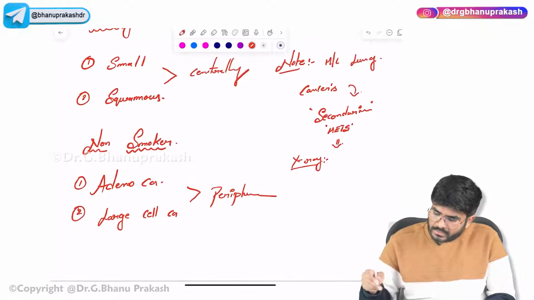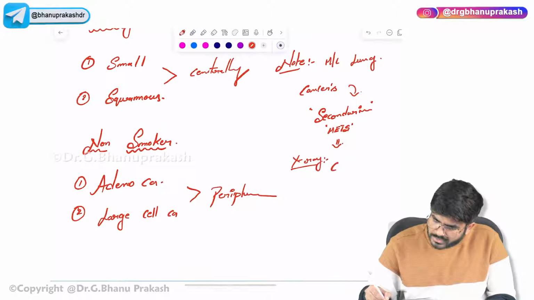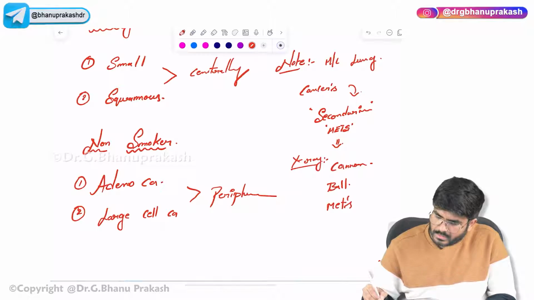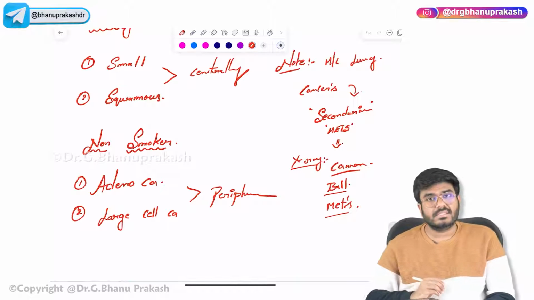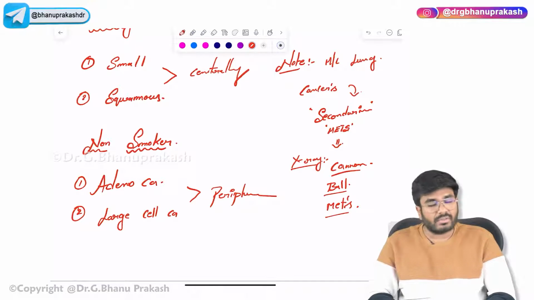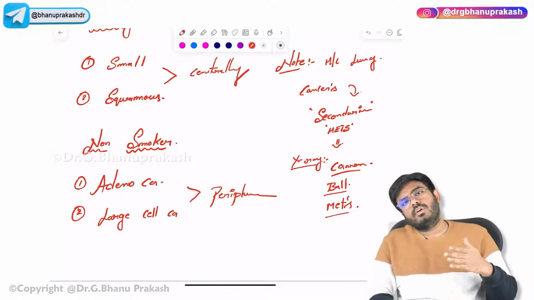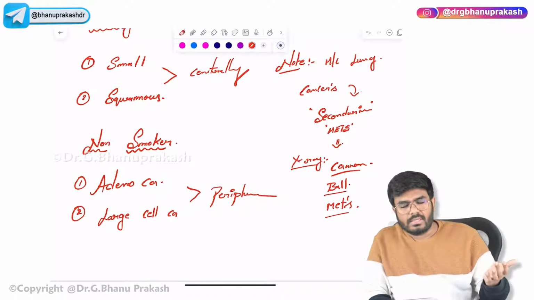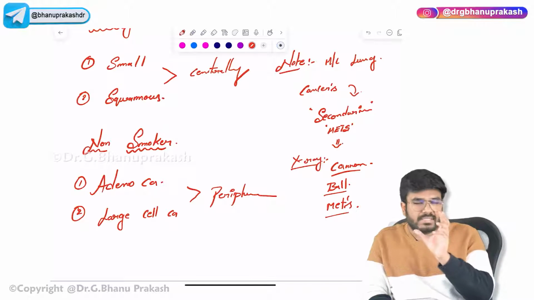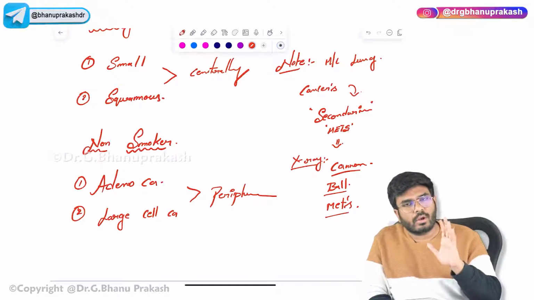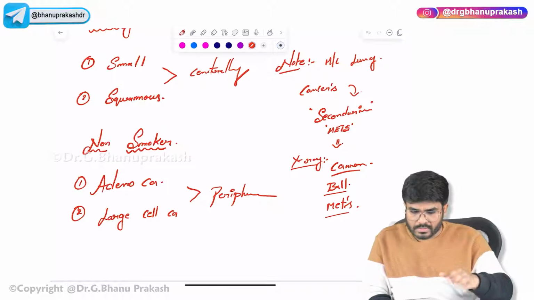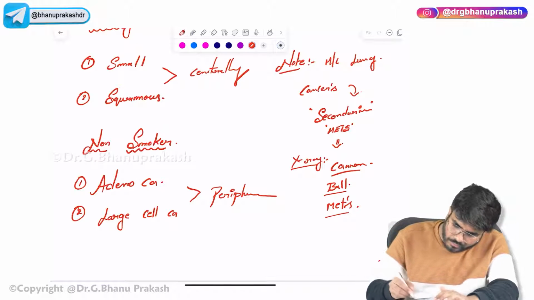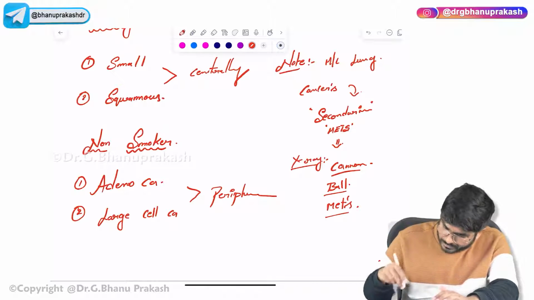So on X-ray it's going to show cannonball appearance, cannonball metastasis. So what is this cannonball metastasis on X-ray? That I will discuss, and I will show you the image also. Whenever there is metastasis to the lung, those METs in the lung are going to give you the cannonball appearance. Okay, so done. After this, what else you should know for your exam is,